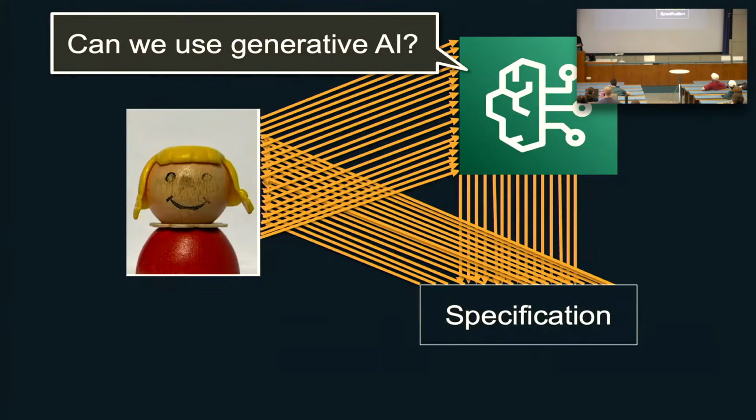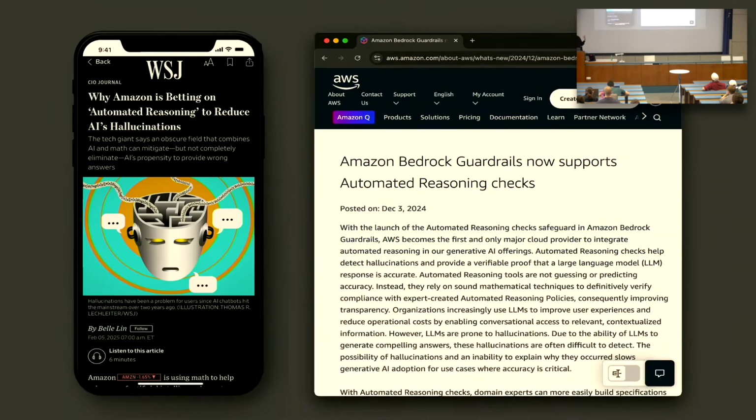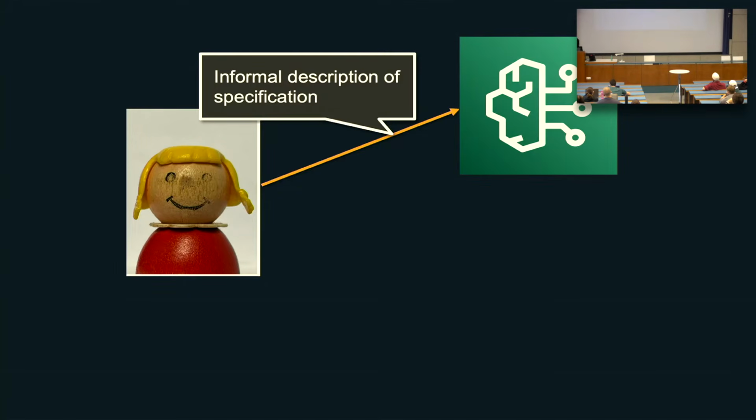And so something we're really excited about is the idea that you might be able to use generative AI here, though it's not going to work out of the box. There's a bunch of stuff we have to do, so I'm going to tell you a little bit about that. We launched a product called Automated Reasoning Checks, and it helps customers build formal models for chatbot-like applications, deploy them, and then remove incorrectness at inference time. The big challenge is this problem: we can't send an automated reasoning scientist to each customer and spend a year with them. To really scale this out, we need to do something better, and that's where generative AI comes in.